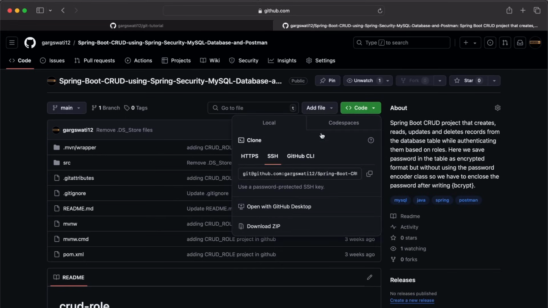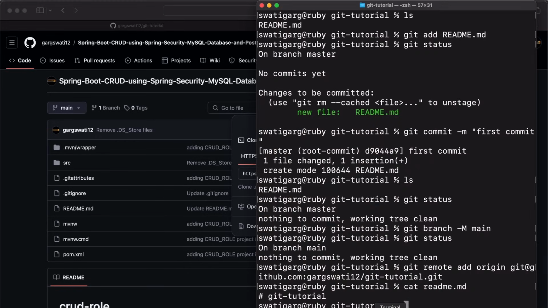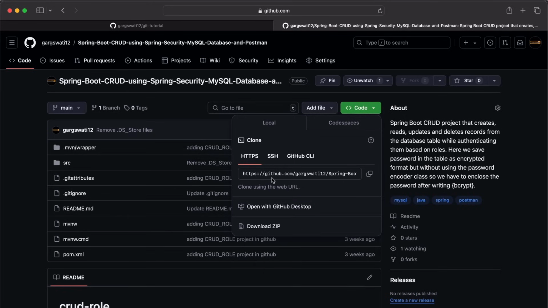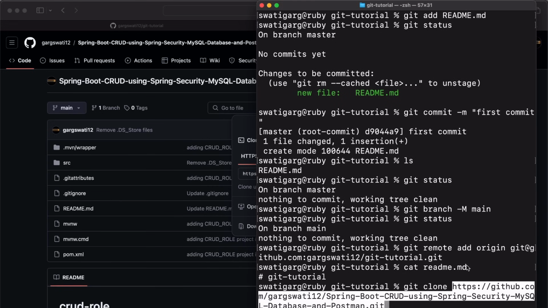If you click here on code and download, you can use the option of download zip. Okay, so that will download the entire history of the project into your system. That is, whatever commits have been made, every history of the project will be downloaded into your system. Another way is HTTPS. We'll copy this path here, and then use the clone command, that is git clone. And if you write git clone and the name of the repository, the entire project that you wish to clone, that is here. If you copy this